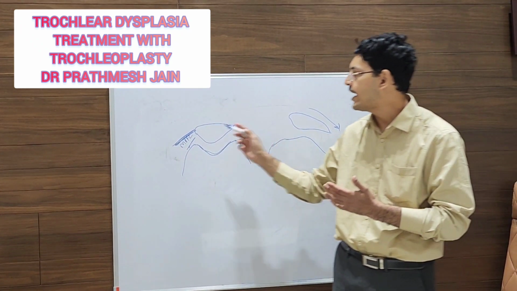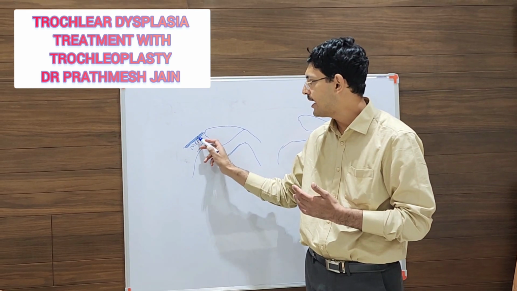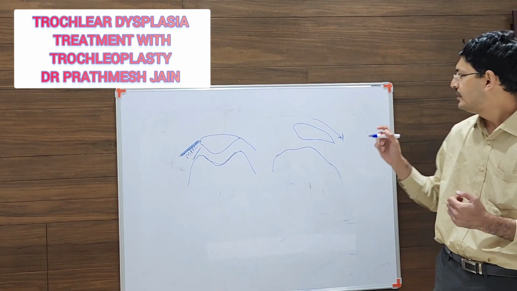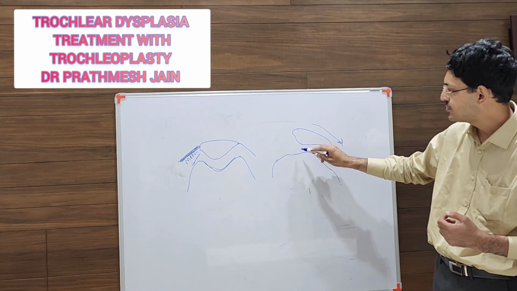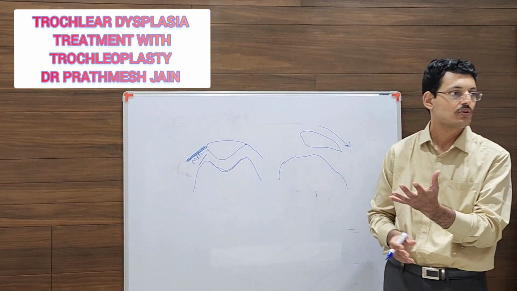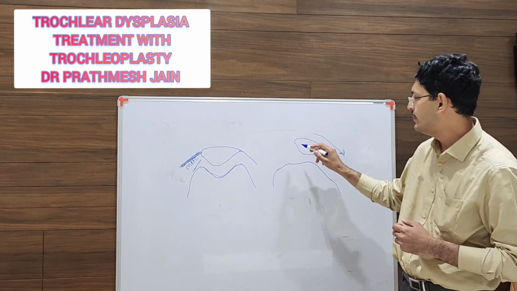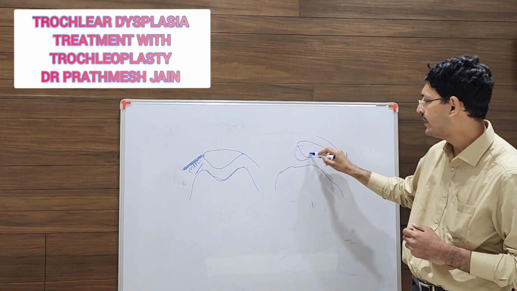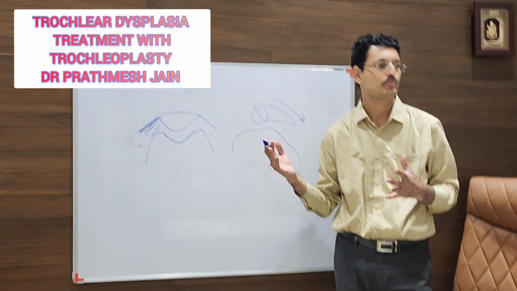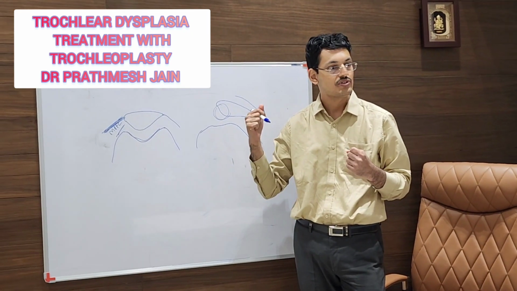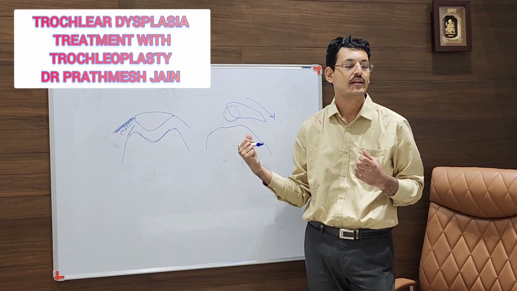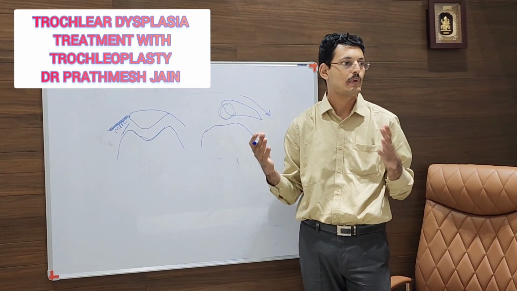So if the trochlea does not have a normal morphology, the chances of patellar dislocation will be very high. If you try to over-constrain it with a very tight MPFL reconstruction, there is still no stability because there is no groove, so it will become tight and there will be wear on the medial side of the patella. With this procedure, the patient may have stability but will not have painless normal movement in the knee.